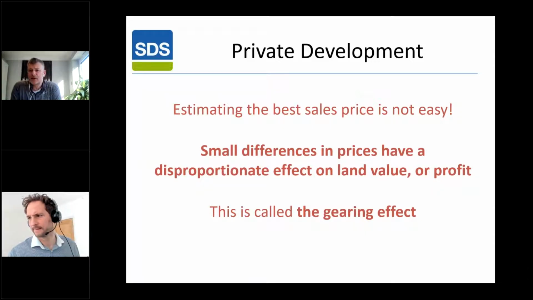It's not easy to understand what the sales price is. Clearly, we all have a view on this. We can all do our own evidence base. We love our evidence basing, and we always go into what's reasonable. But in any viability that we look at, we use values today. Too often you see people saying, well, next year is going to be this, in 6 months' time it's going to be that. We don't know really what's going to happen in the future. So we only know what's happening now.